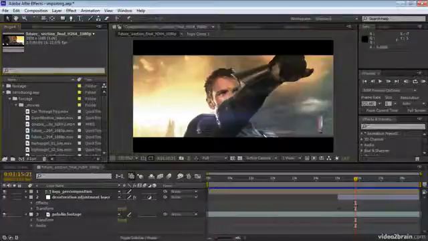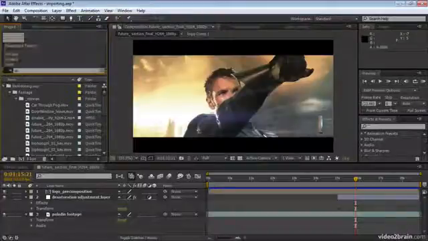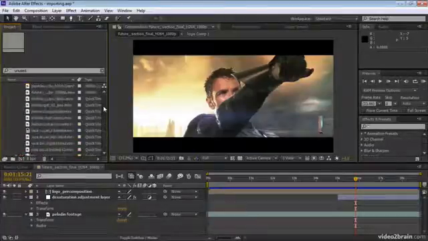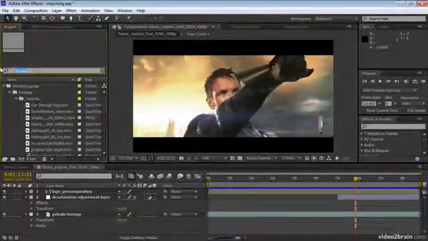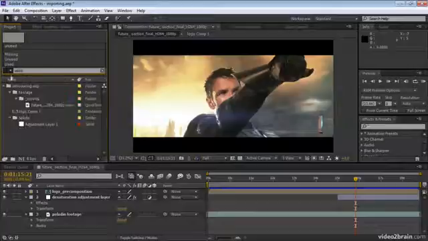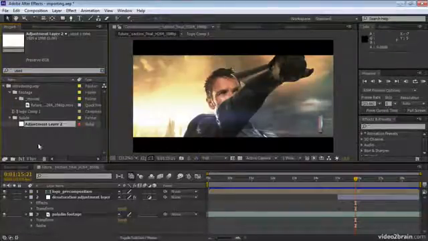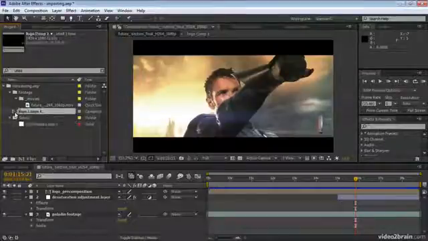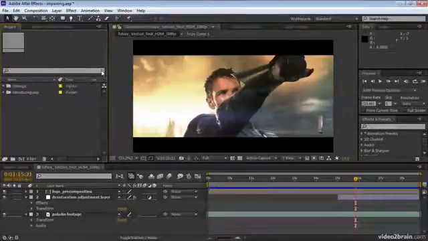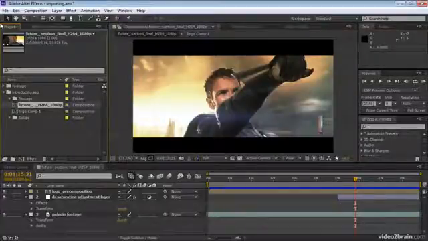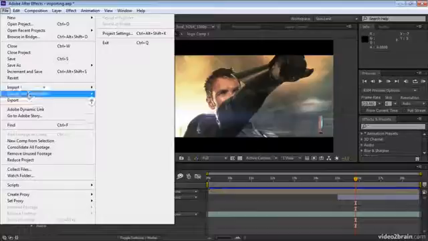In fact, you can see what is used and not used in a project by typing in the search field. I'll type unused. And here, after I've typed unused, all of the unused items are shown in the project panel. If I instead type used, then we can just see the items that are used, which is only one movie and one adjustment layer. So I'll clear the search here, select the composition in the project panel, and choose File,